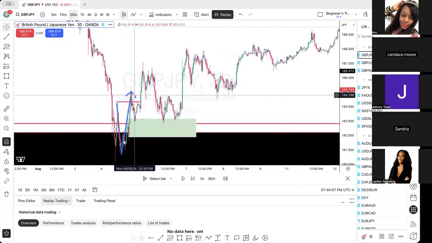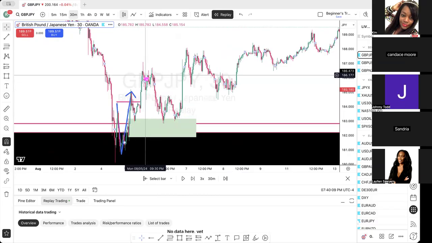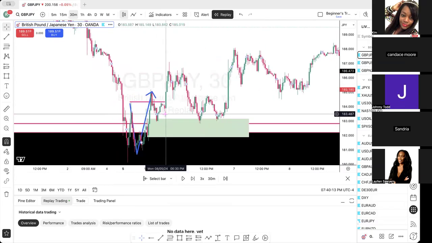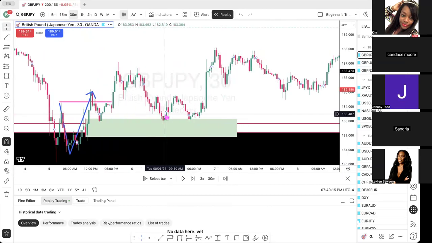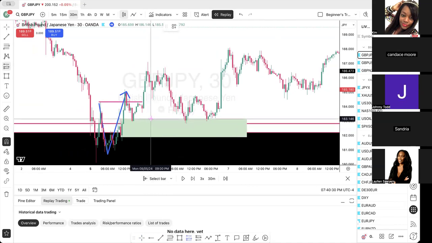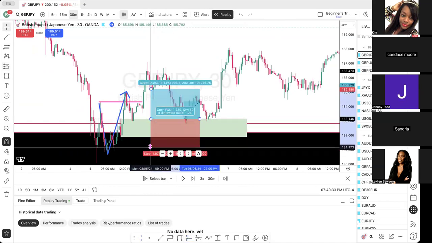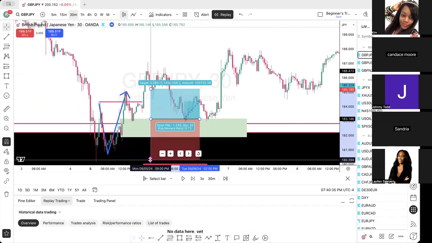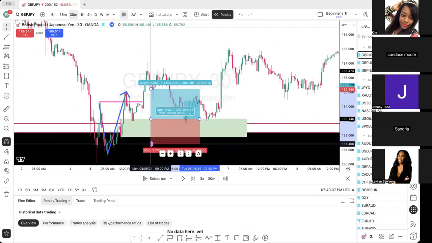Once you get that break, mark up your supply or demand zone. You can wait for it to pull back. Like I said, I'm a patient trader. There's a saying that the patient trader gets paid. There's a saying that the patient trader always wins. So I am going to be patient enough for price to pull back to this zone, and I can cover my low depending on how many pips that is.